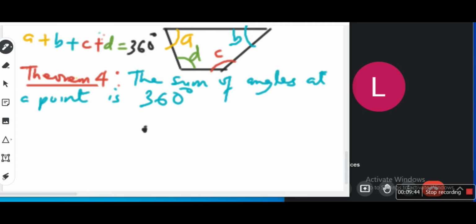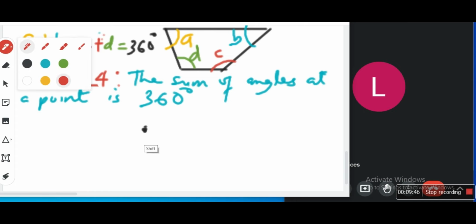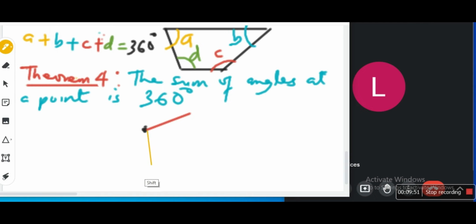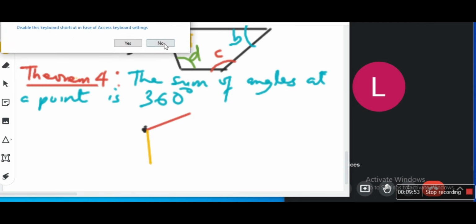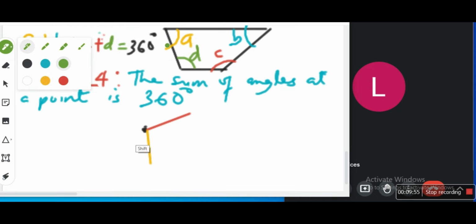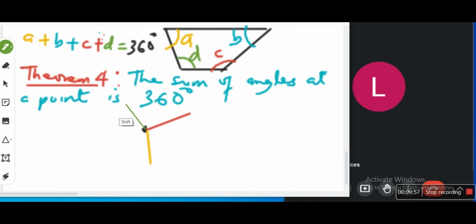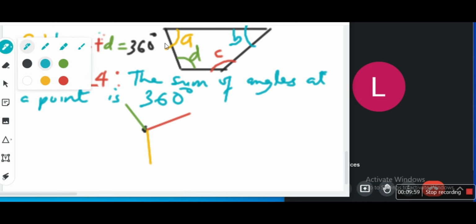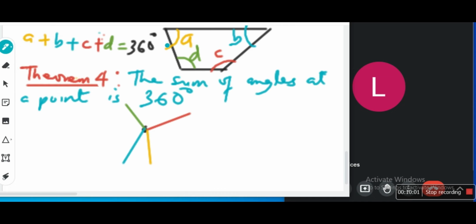If this is a point and lines are coming out from the point, different lines coming out from the point like this. I can even have another one. So long as they are all coming out from this point, all the angles formed there, like this angle,